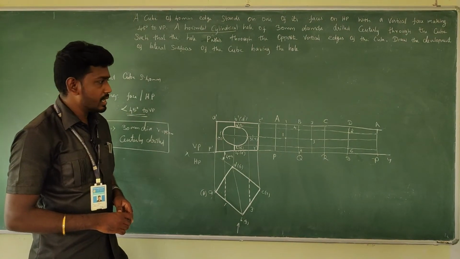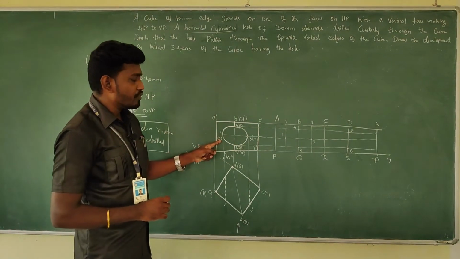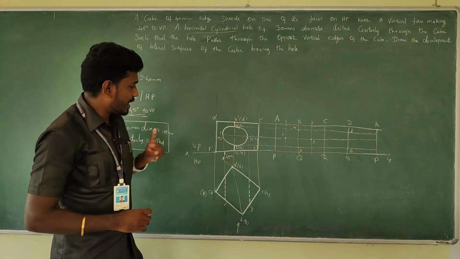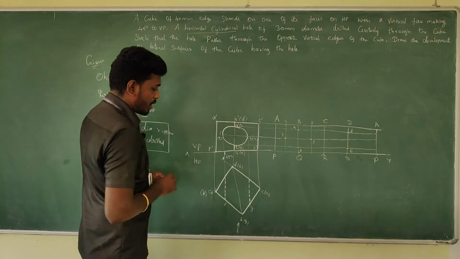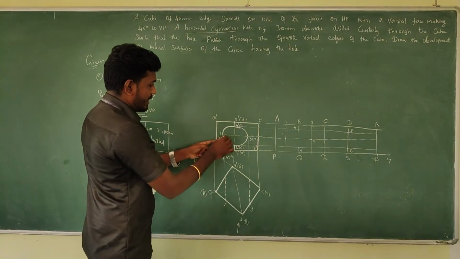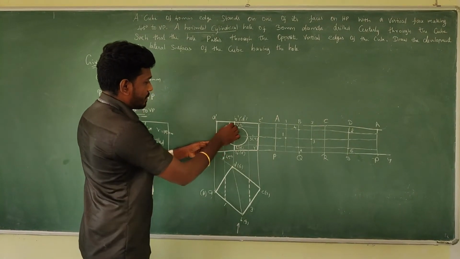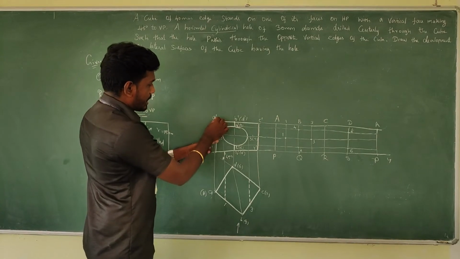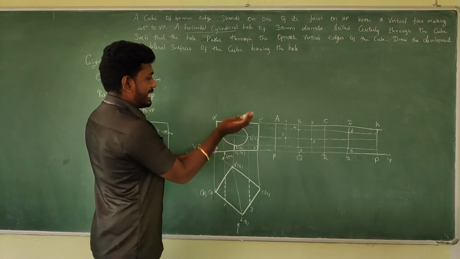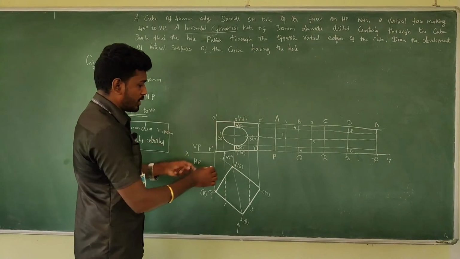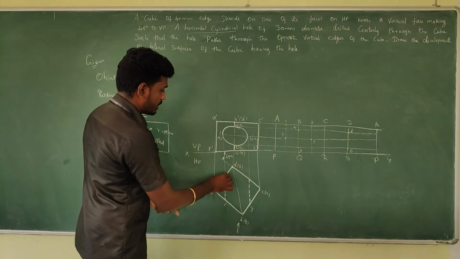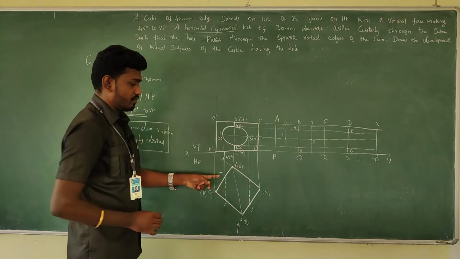Have you got it? And then come to 5. Where is 5? Here is the 5th point. Am I right? It is between the face A to D. It is at the rear face. So it is between D to A. Okay, D to A is here. So here will be your 5.